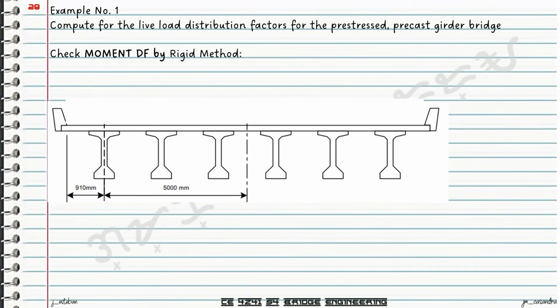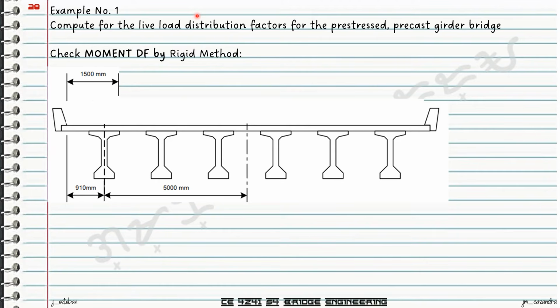So for our rigid method, the edge of our lane width will be 1,500 millimeters from the edge of your design lane. So the design lane will be this one, and then you have your edge of the lane. Since our computed number of lanes a while ago is equal to 3, we are going to place 3 design trucks on our bridge,